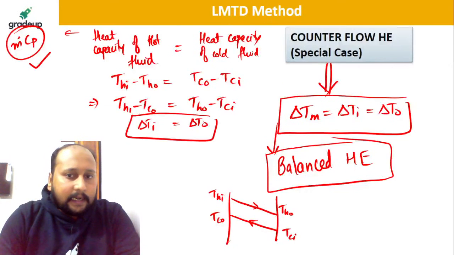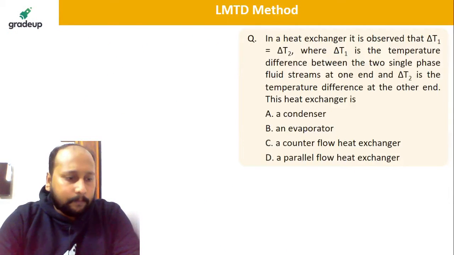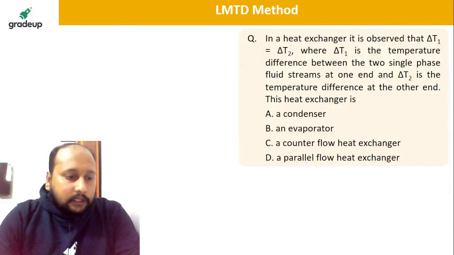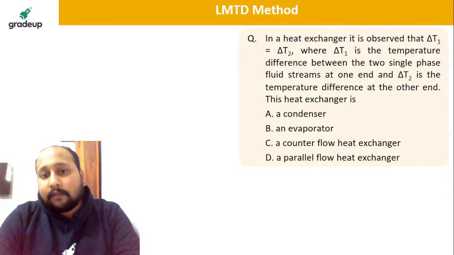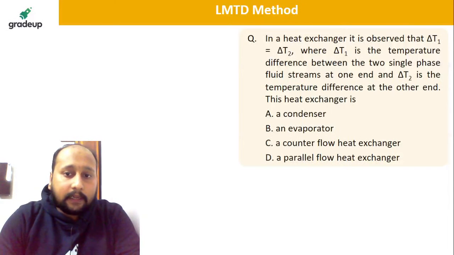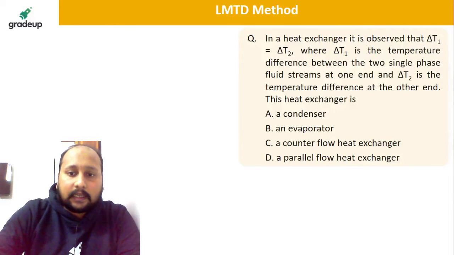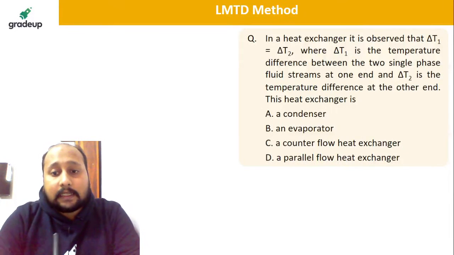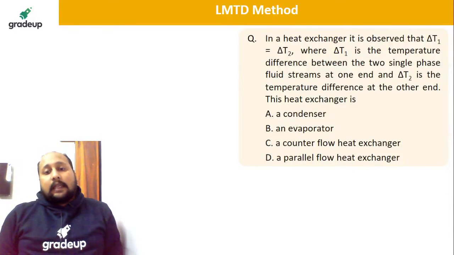Let's proceed. Let us start with some easy problem, and let's see how many of you are able to answer it easily. In a heat exchanger, it is observed that delta T1 is equal to delta T2, where delta T1 is the temperature difference between the single phase of fluid at one end, and delta T2 is the temperature difference at the other end. Okay, this heat exchanger